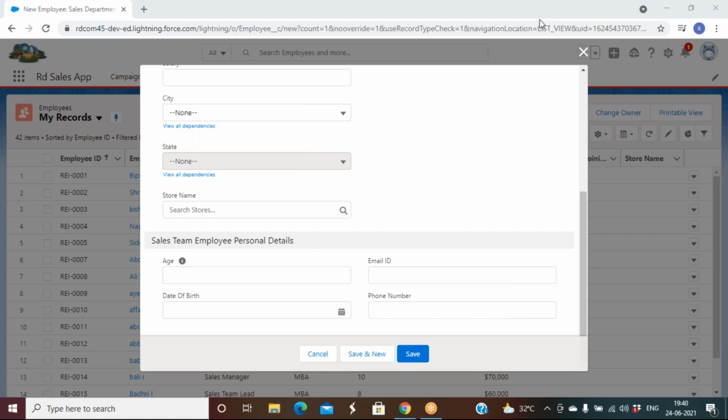Here the expectation was, on employee object, whenever a record is created, we want to send an email alert to that employee saying thanks for joining our company, we are happy to work with you, and your employment details are mentioned below. This is how we want to send an email template from Salesforce whenever a new joinee employee record is created by HR.